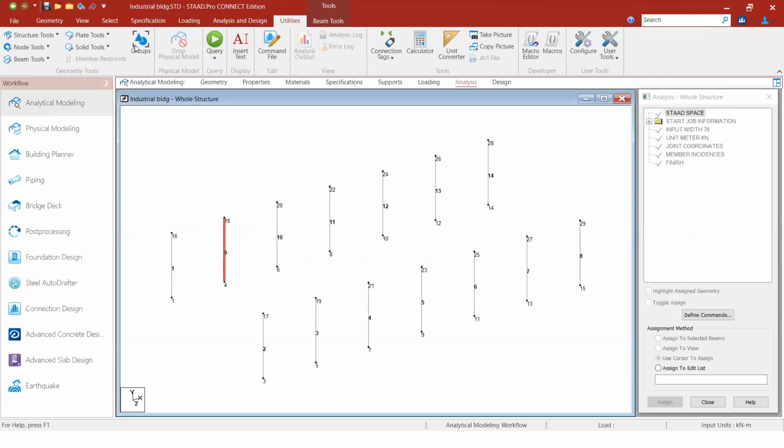Okay, and if you see, you can group all these columns together using the group menu. You just have to click on group, select which beams you want to group, and you can name it as column. If you want to group all the horizontal beams along the x-axis, you can just select them and group them as x beams. We have an option of beam only, where you can group columns and beams separately, so that while applying loads it will be very useful for you and you can do it easily.